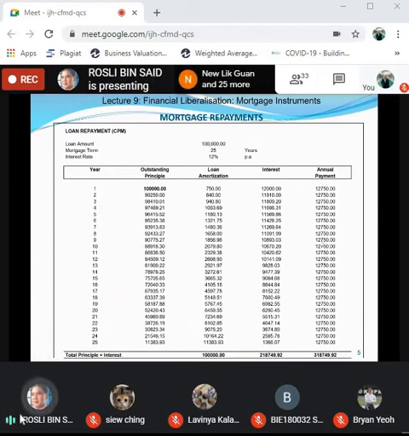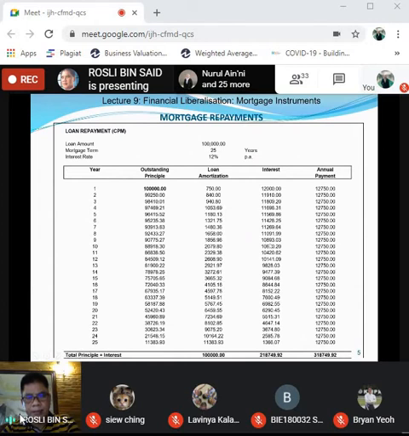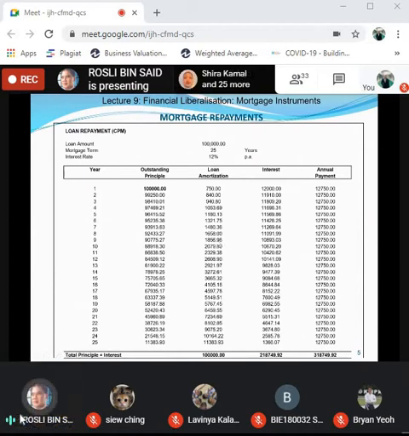So basically we have to pay interest 10,893, and then the capital that we try to amortize here is only 1,856. So the balance in year 9 is 19,775. So in year 10 we have 88,918 capital outstanding, where the interest is 10,670,